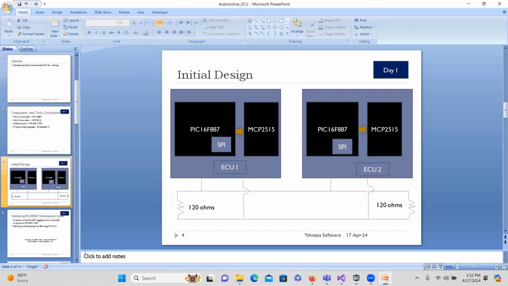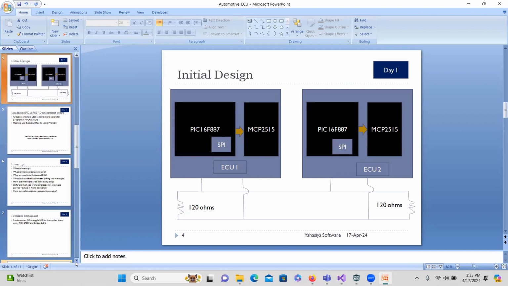Because of that, my blinking program worked fine. Then I moved to interrupt. That worked fine. After that, when I went to serial communication interface, I faced a challenge. So at this point, I have to make a right decision, because I know I am very well versed in this controller